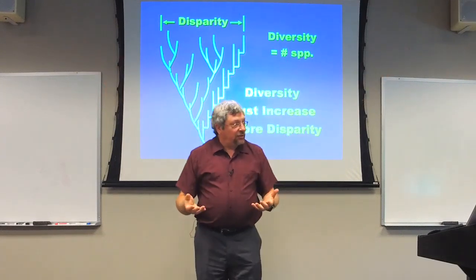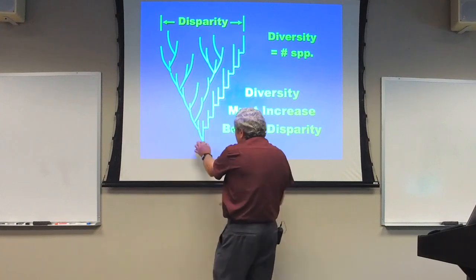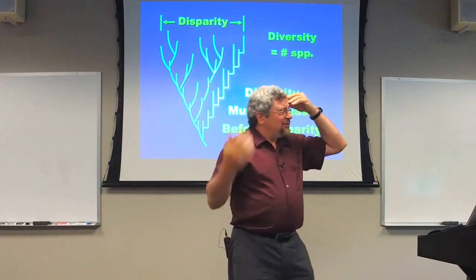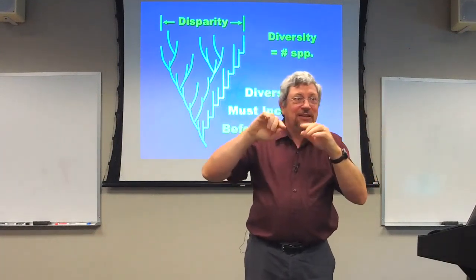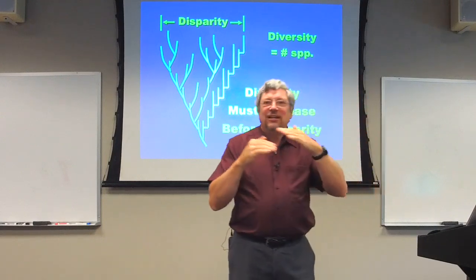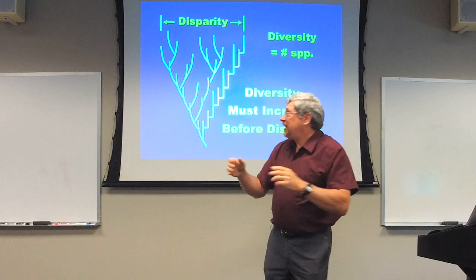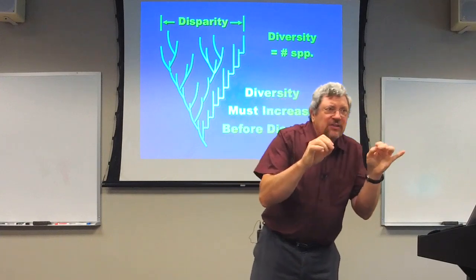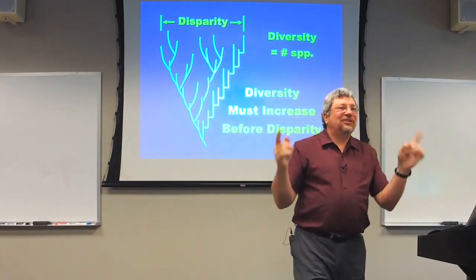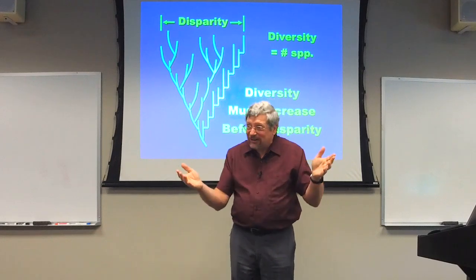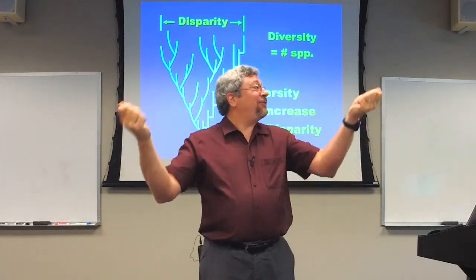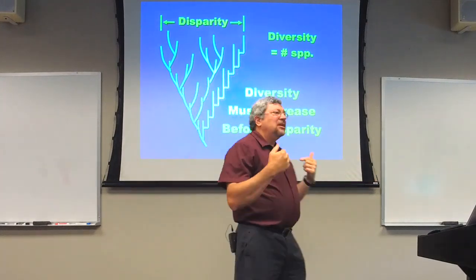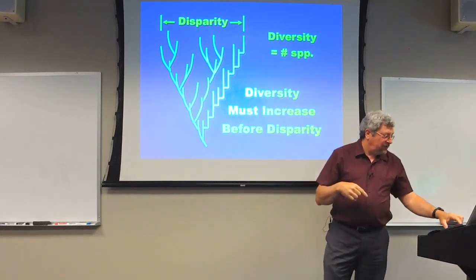So in the fossil record, you should see low diversity at first, increasing diversity with time, which, if you remember that diagram that I showed you, is roughly what we see there at the beginning of the fossil record. It's increasing in diversity with time. That's what you would expect with the evolutionary tree. But this is a little different. This is asking, what about disparity? Number of taxa doesn't tell you disparity. Disparity is you've got to look at how different they are. In order to get great disparity, you need lots of time, and diversity will increase before disparity.